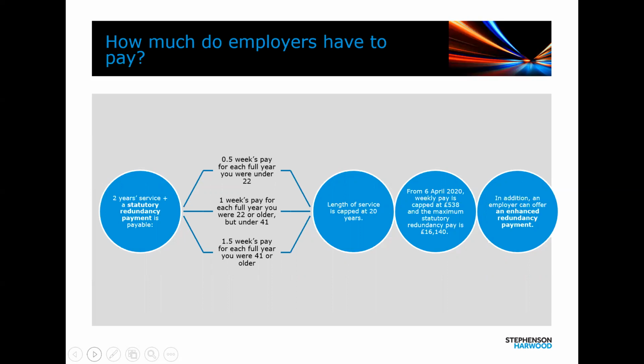Quite often, though, employers want to pay above the statutory redundancy formula, and for that, it's entirely up to you what sums you offer to the individual. In our experience, we generally see multiples of a week's pay. This is usually somewhere between 2 and 3 weeks, but some are more generous than that. What we would advise, though, if you are paying people an enhanced redundancy sum, is that you consider whether you want to get that covered by a settlement agreement.